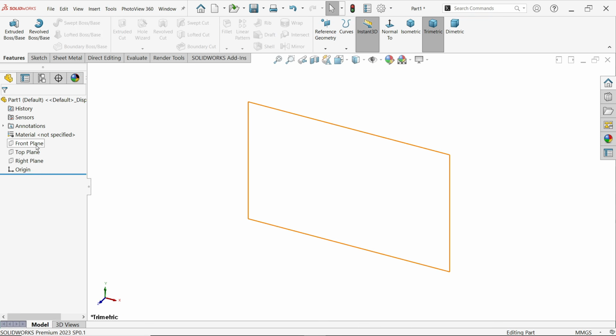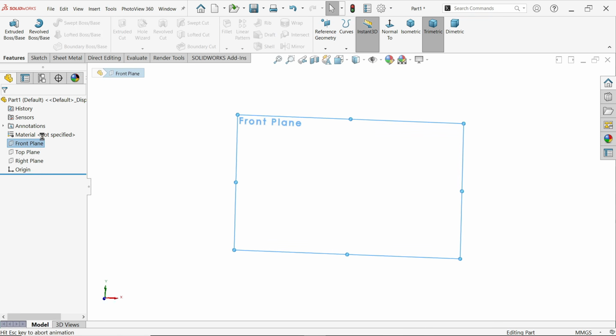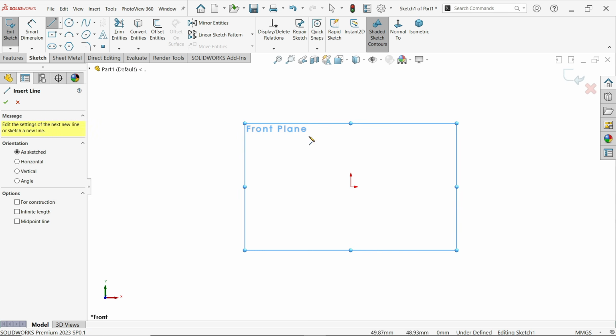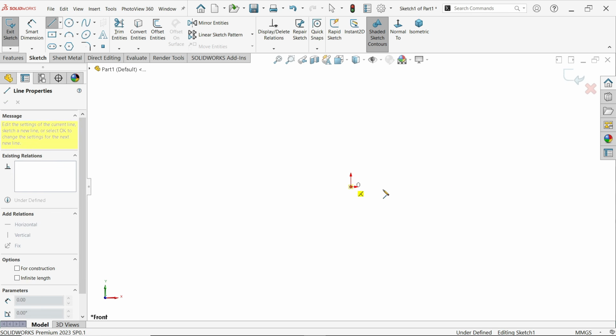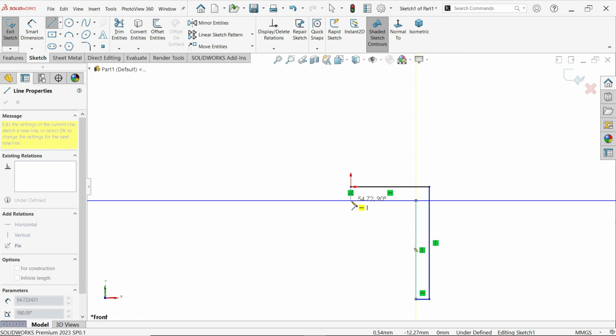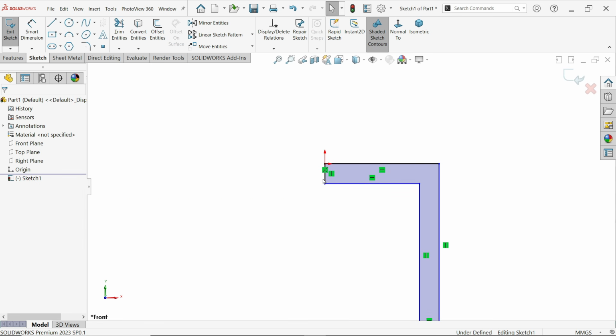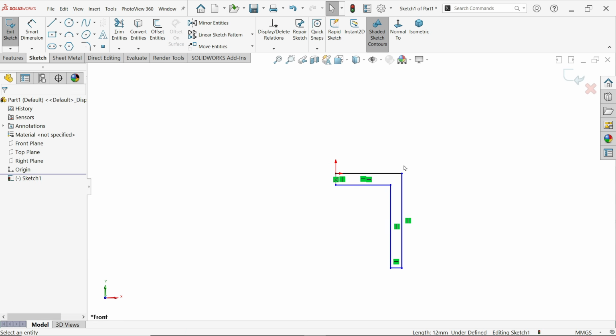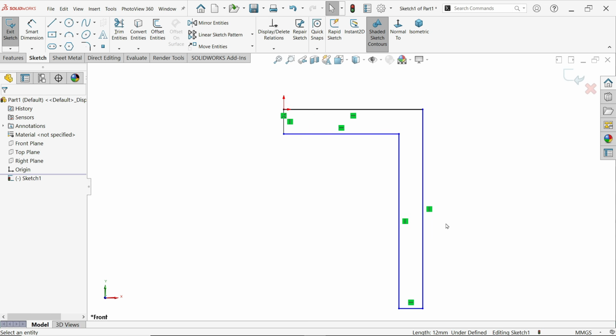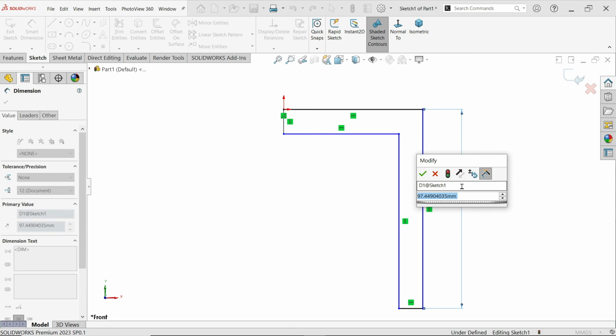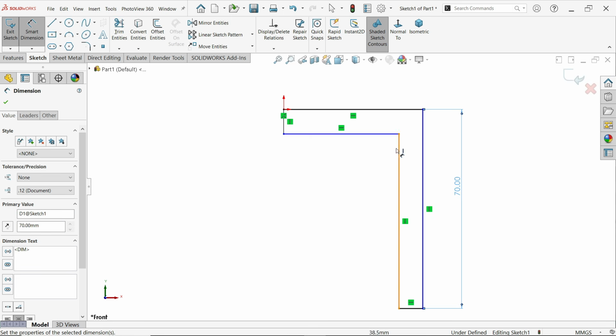Okay, first I am going to select the front plane sketch. Now activate the line tool, and I am going to keep this one as a center. Now let me select this line as construction, so it makes drawing easier. Smart dimension, select this one. The length is 70 millimeters. Now select the